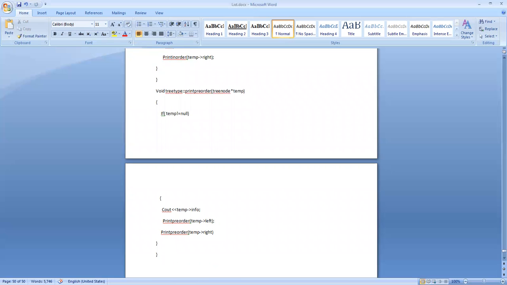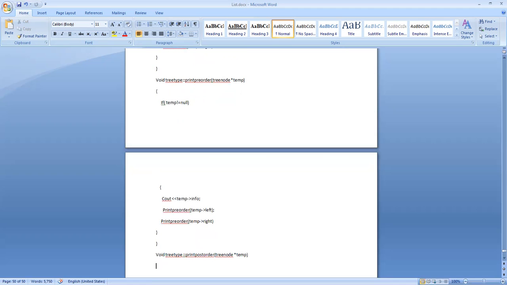Then we go for the post-order. Void tree type print post order, tree node star temp.